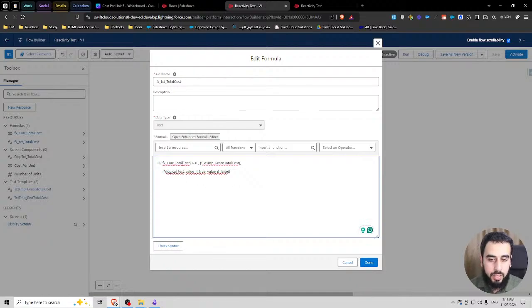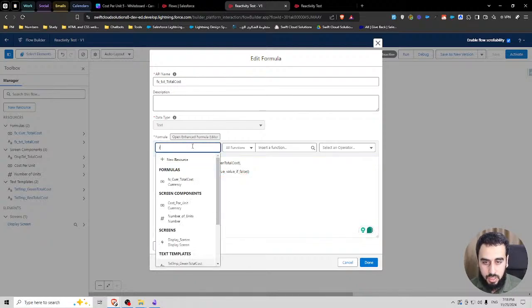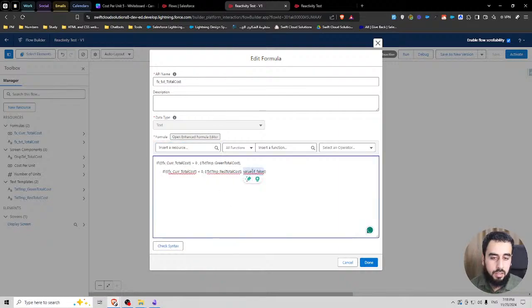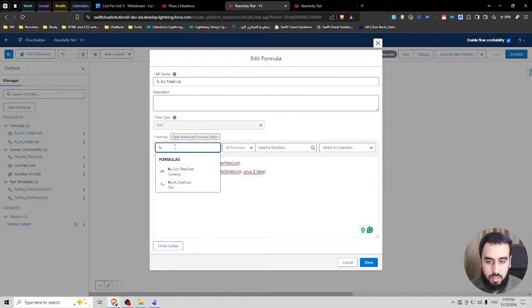Now I want to evaluate again the same thing. I want to evaluate if it is now less than 0. So I'm gonna put this here. I'll change this to less than 0. So if it is less than 0, we need to use the red text template. And then if it's neither, if it is not green, if it is not red, then I'll just use the currency total cost.